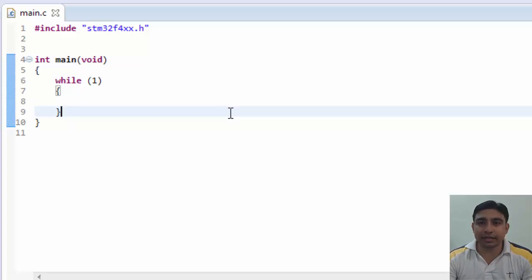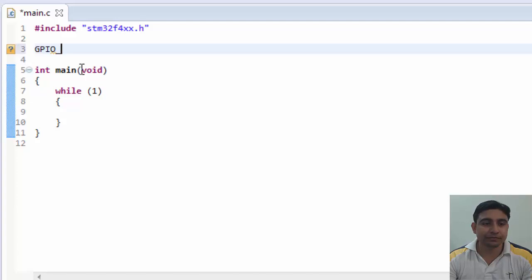You will then understand everything. Okay, so now first we have to initialize all the pins on which the switch buttons are connected and put them in input mode so they can detect a switch press. So let's do that.